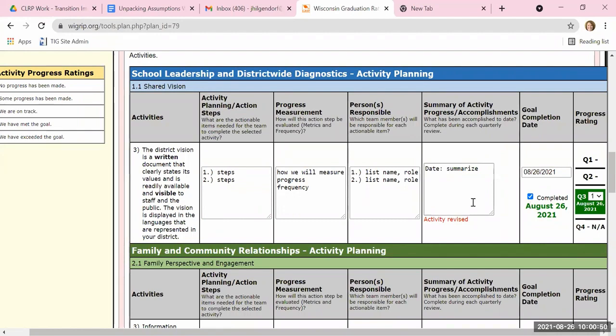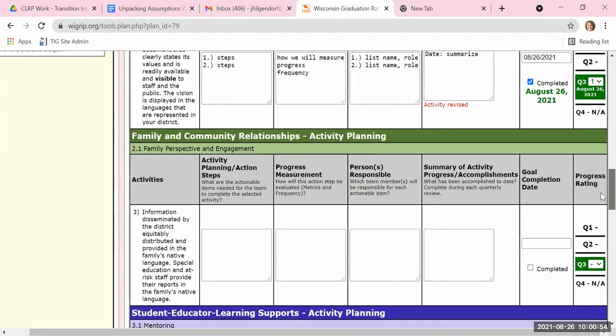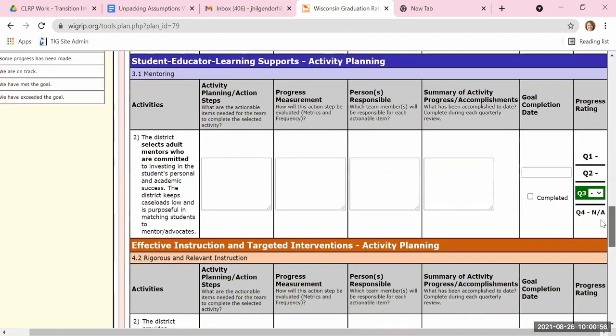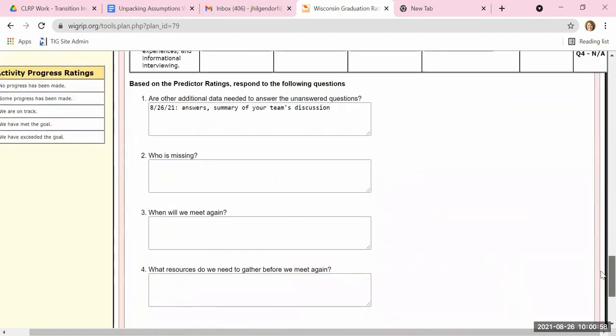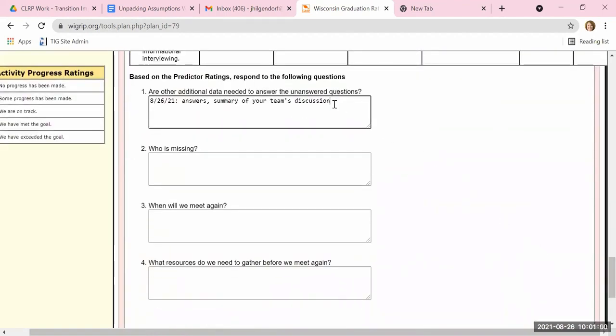In addition to this discussion then, again, you will want to scroll through and do all of the different activities and scroll to the bottom and again, answer these questions. So again, we would be discussing any additional data, unanswered questions that we have. Are there any team members who are missing or people we would like to bring into the process? When will our team meet again? And then what resources do we need to gather, or what are our to-do items between now and the next